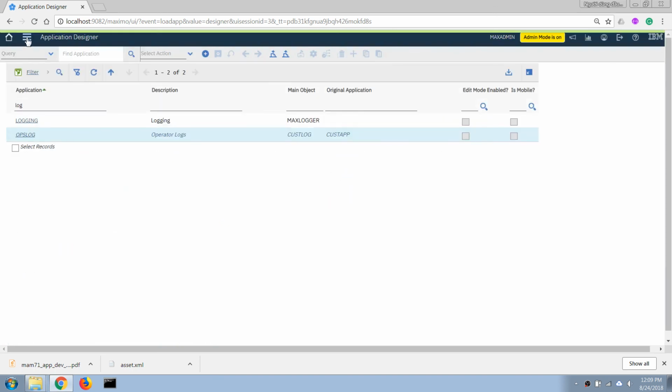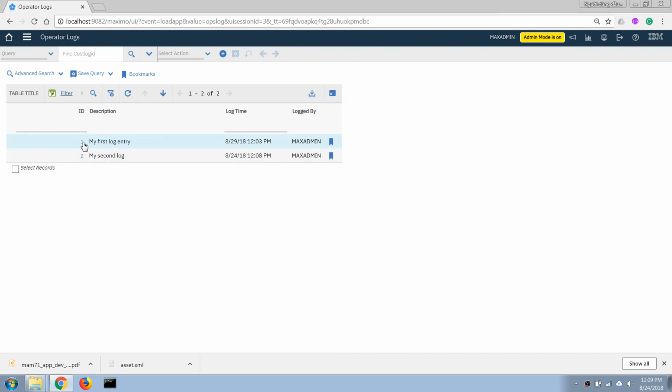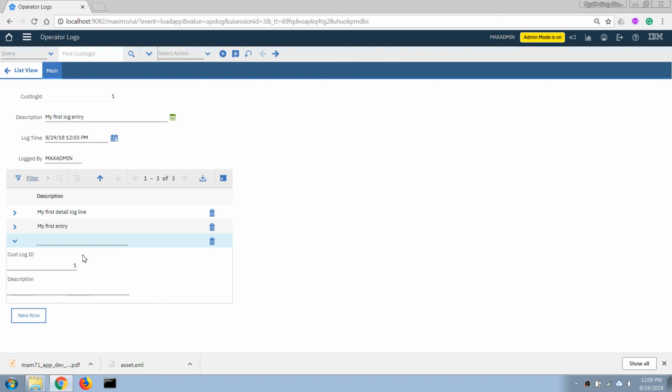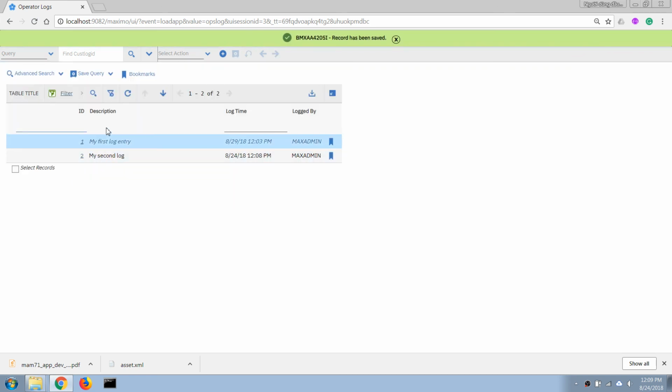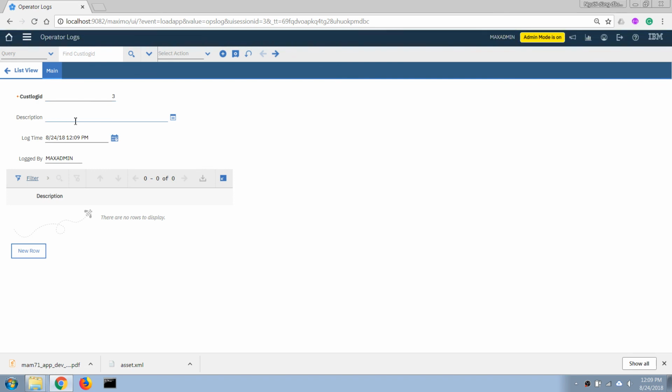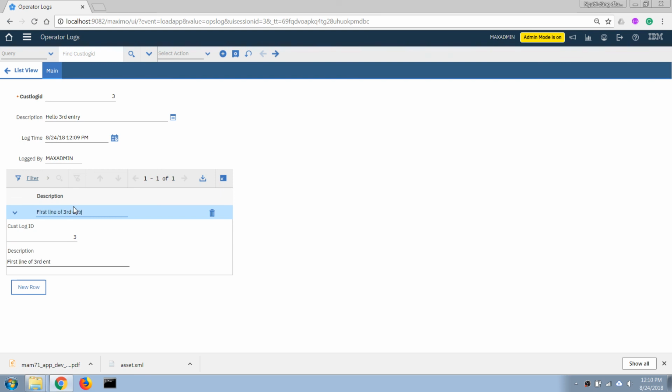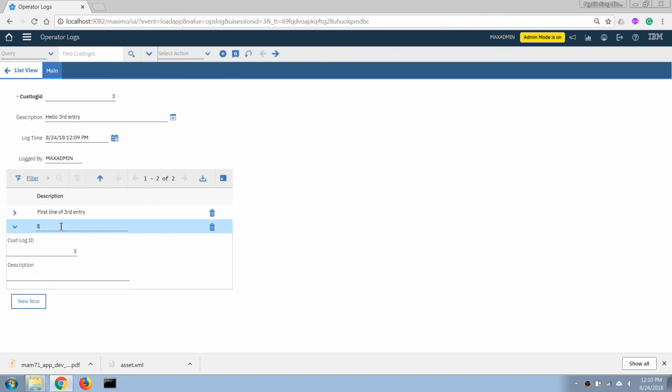Now let's go back to our operator logs application and try again. So let's open this one, click on, yep, so it works now. And if we try to save it, yep, it should work. And now if we add a new log entry, third entry, okay, and then we click on new row, we got our number 3 here. So we can say first line of third entry, click on new row again, second line of third entry,